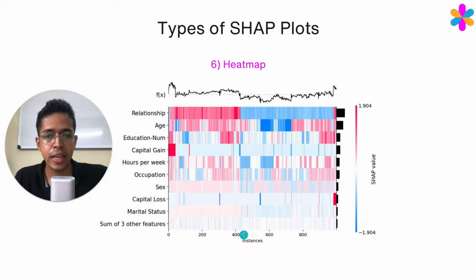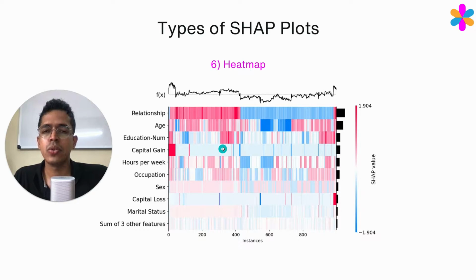So here you can see that for all people or all data points after around 420, the relationship is having a negative value. So maybe the data is arranged in the order of relationship or something. Maybe all these people have relationship and all these people probably do not have relationship. Perhaps that's why you see predominantly red here and predominantly blue here. Same thing goes for age, but in general,